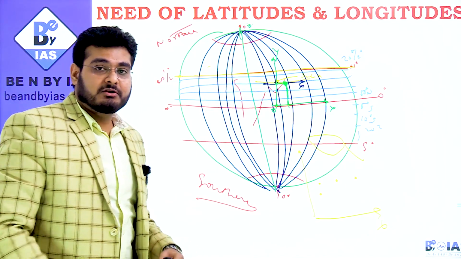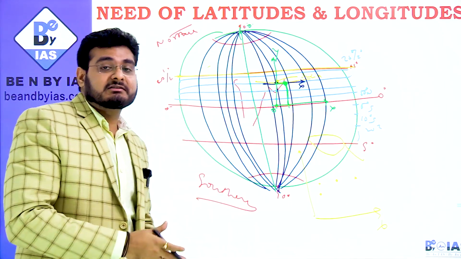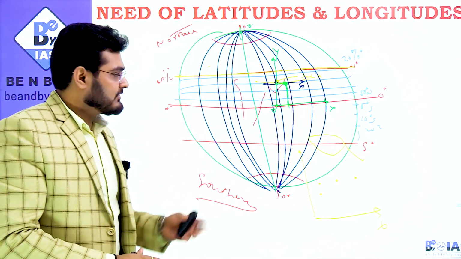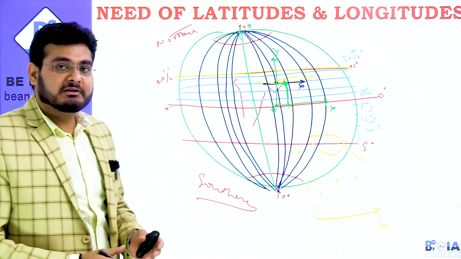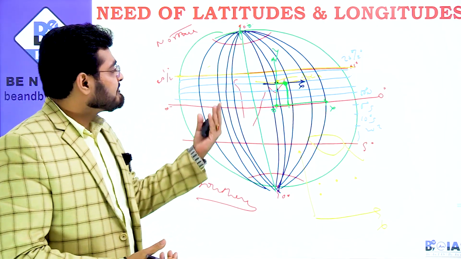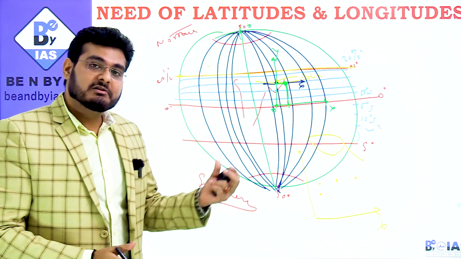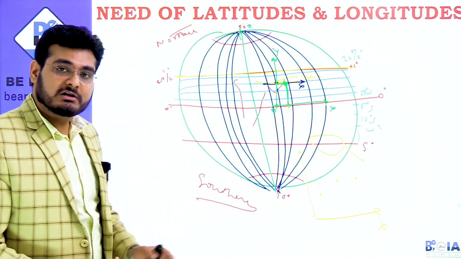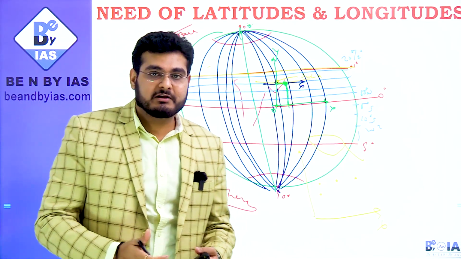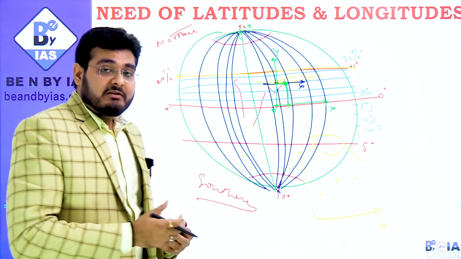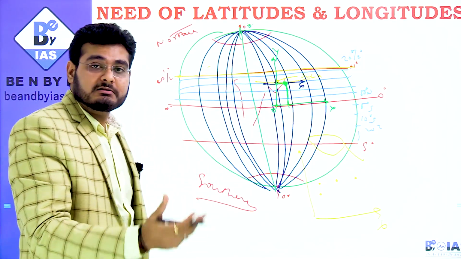There is no rule that 0 degree has to pass through London. Unless and until it was decided so, because a reference point has to be taken, and it is passing through Greenwich in London because at that time, in 1884 or 5, when it was decided that 0 degree would be the reference point for taking all the longitudes, there was an observatory in Greenwich where all the scientists were working on latitude and longitude, and they took it as a reference point. And obviously Britain was ruling throughout the world, so they were technically and mathematically very sound, and they were doing all this research. So obviously they gave the 0 degree passing from their country.